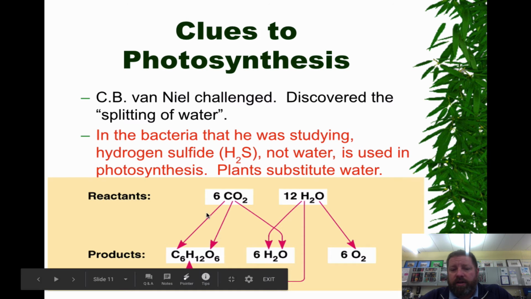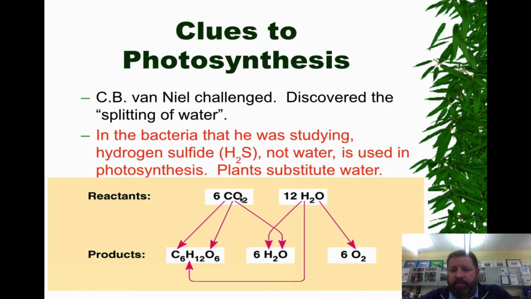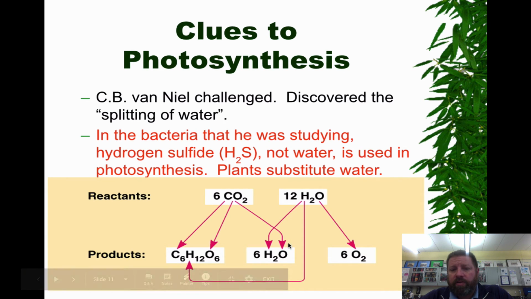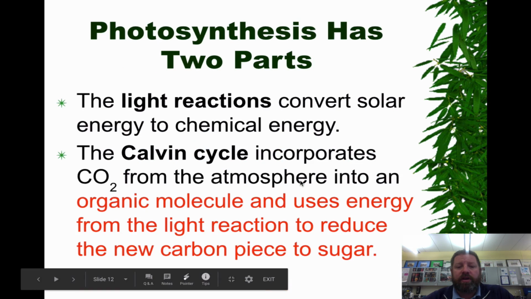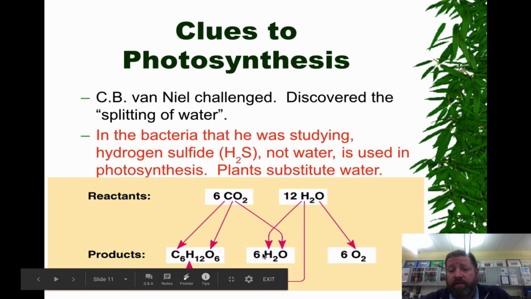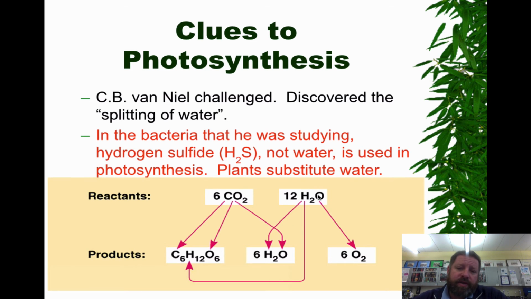You can track where those things show up in the products in the plants. When he did this, what he found was that the carbon found in the CO2 goes directly to sugar. The oxygen portion of it goes partly to the sugar, and a portion of it goes to the water molecule. The hydrogens found in water go directly to water, so just water to water. But the oxygen produced from plants is directly derived from water. So no water source, no oxygen.